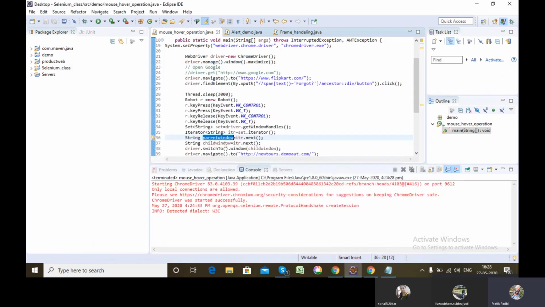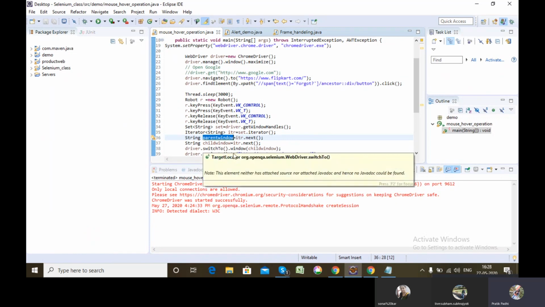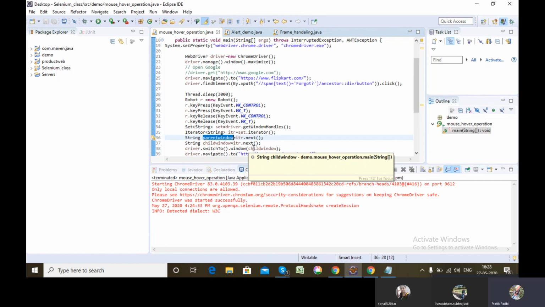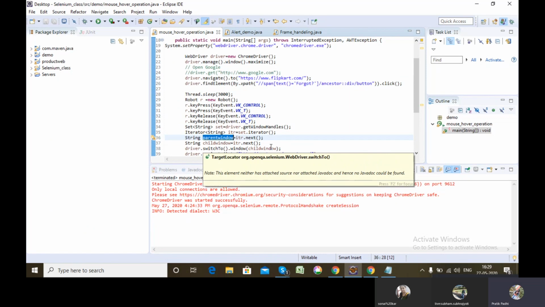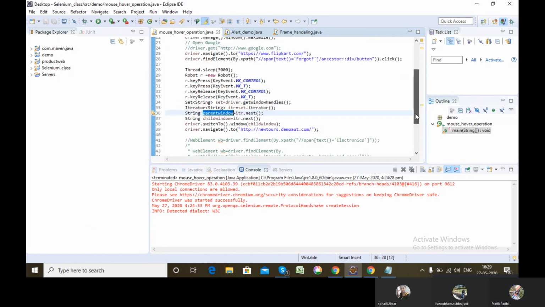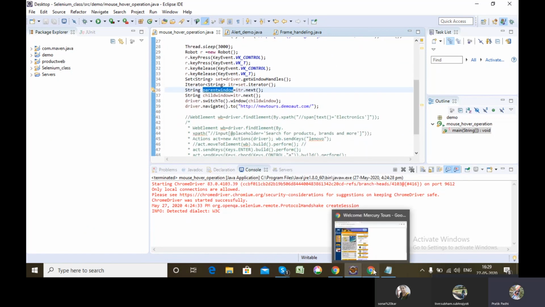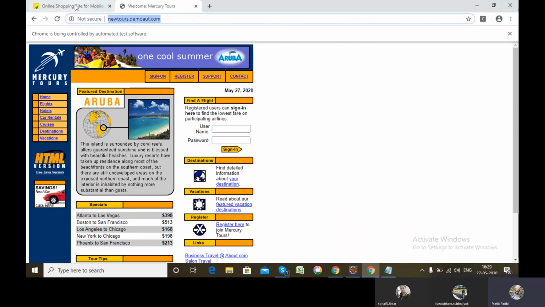So once I have the IDs of all the tabs which are opened, I can use the function driver.switchTo().window with the ID of the particular tab in which I want to do the operation. So I pass driver.switchTo().window(childWindow). My driver control got passed from this particular tab to this particular tab.